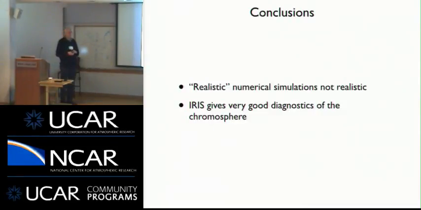So, conclusions. These realistic numerical simulations, they're not realistic in the sense that they don't reproduce everything that we see in the observations, but they are what we call realistic with quotation marks, meaning that it's possible to compare with observations and really learn something from the differences. It's not that they're so idealistic that you can't produce observables and compare. So yes, you can produce observables, and we're doing it, and they don't have too much in ways of free parameters, but they do have